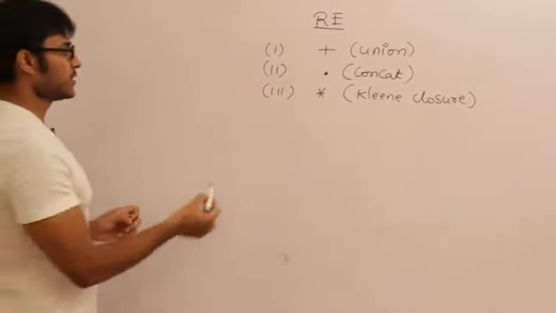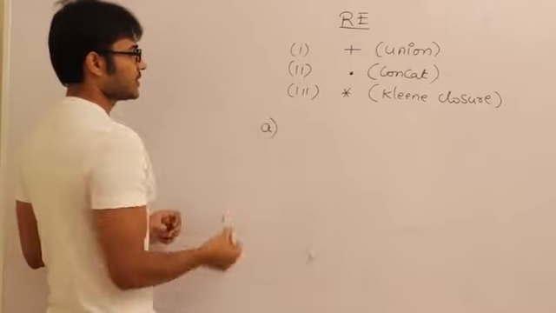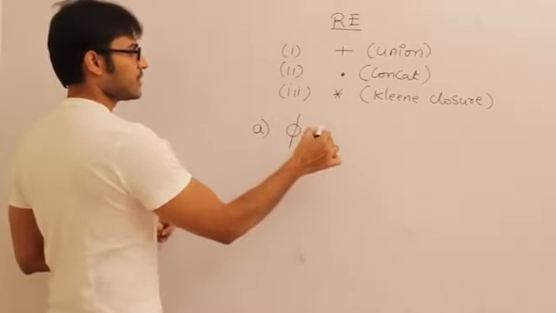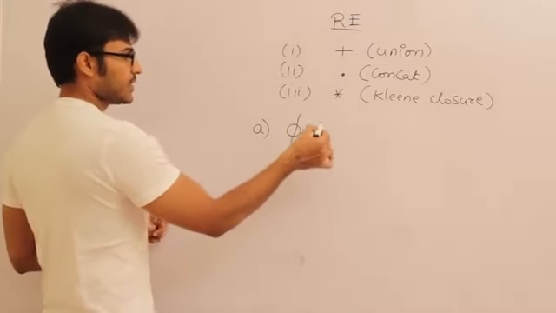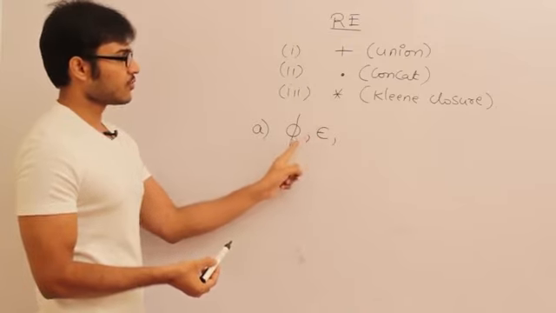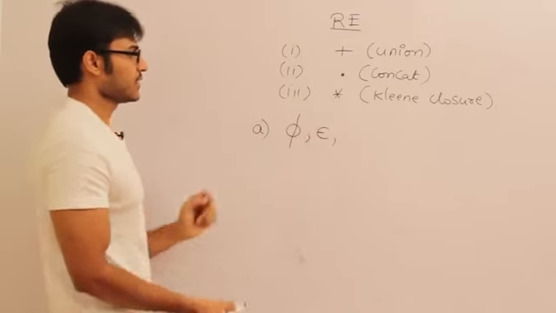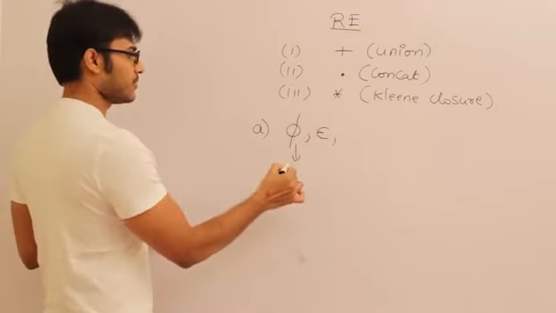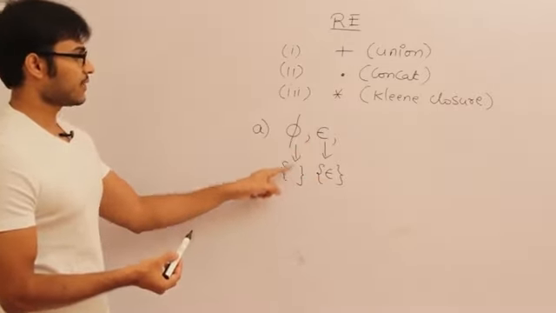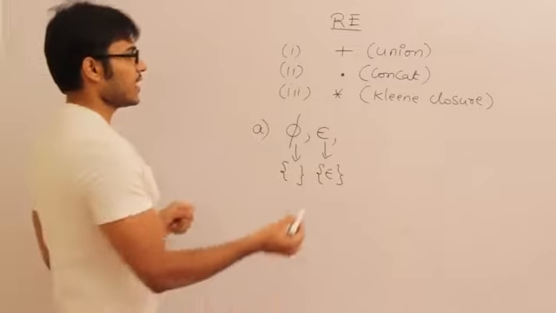What is a regular expression? Point A: phi, the empty set, is a regular expression, and epsilon, the empty string, is also a regular expression. Phi represents the empty set language, and epsilon represents the language containing only the empty string. If this is the language, this is the representation. Phi and epsilon